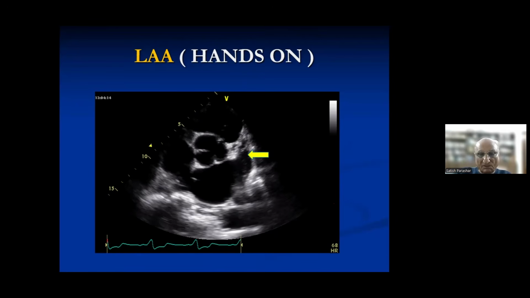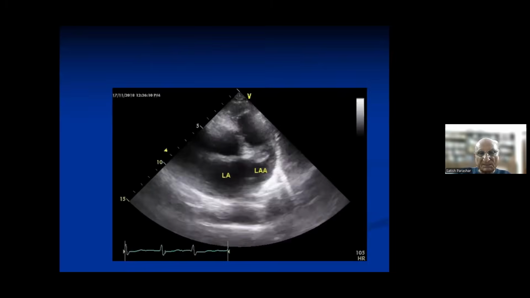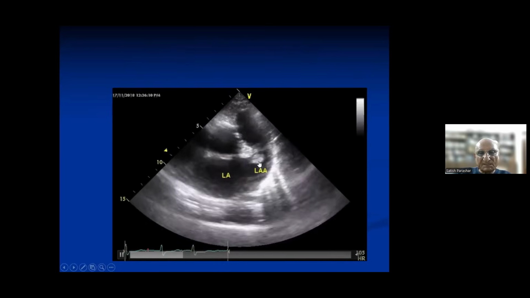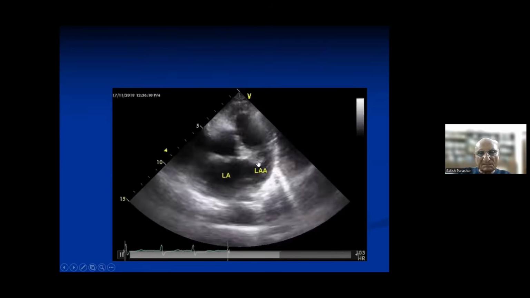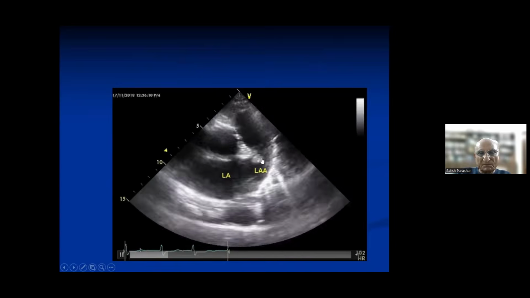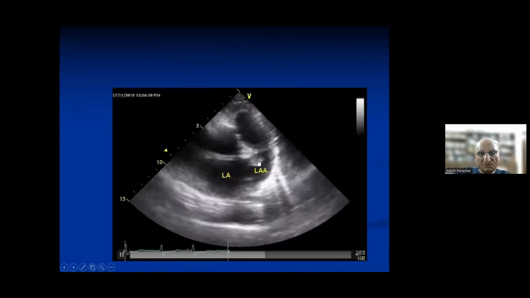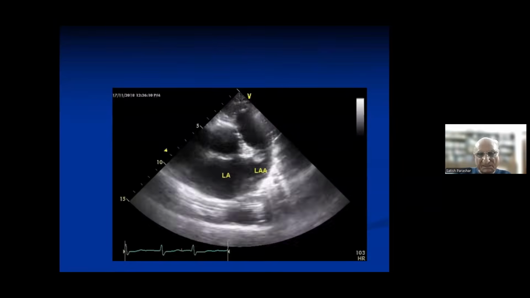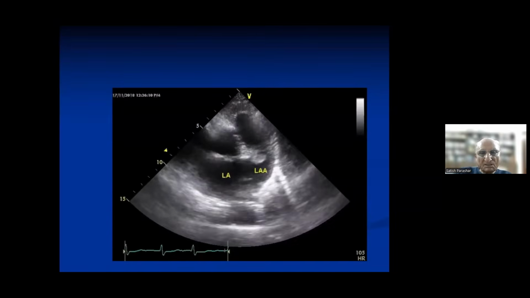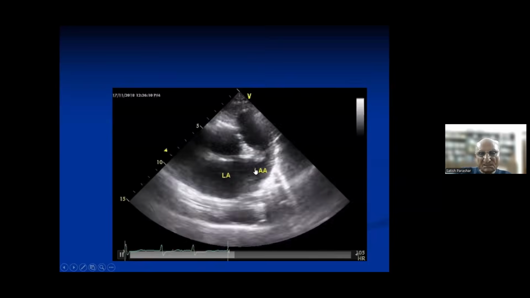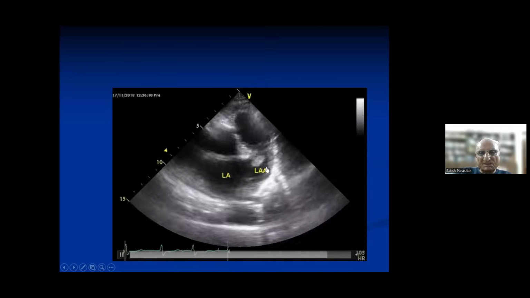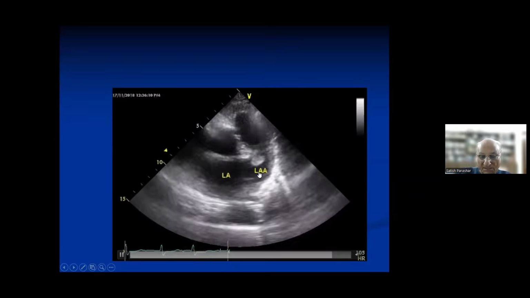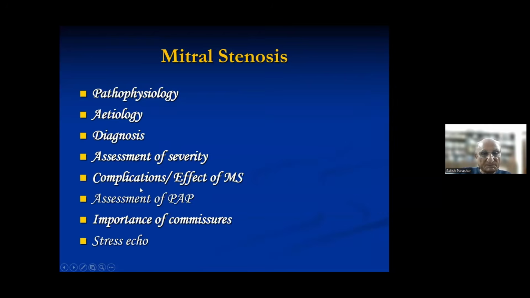So we have to wait till then. And sometimes you can see a clot in it. You see the moving clot. This is the LA appendage, and you see a moving clot. So these are some of the contraindications for doing a balloon valvotomy, so you have to see the LA. The best technique is transesophageal echo, but still it is worthwhile to see this, and in our hands-on, we insist that in all patients, you record the LA. How do you record it? It is very easy, and I'm sure all of you will try to do it from the second day onwards.